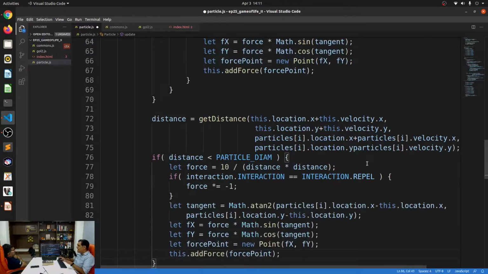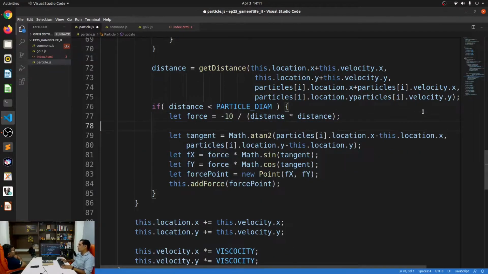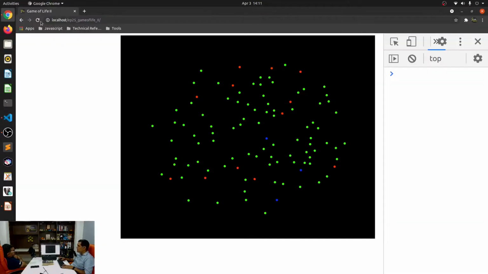I'll say force is equal to minus 10 because it's always repelling, right? So I'll just say force is minus 10, do the same thing, this dot add force. All right, and I think this is the only thing that is required to fix that repelling issue.